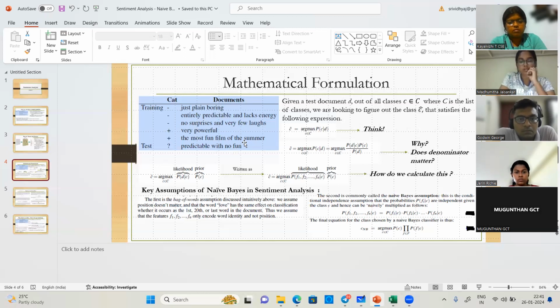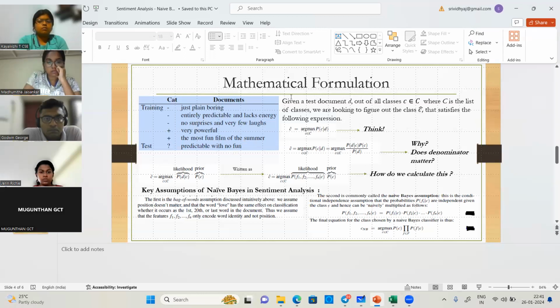I give you a document. In this case, the document is somebody's review. What is the algorithm supposed to do? The algorithm is supposed to determine the class, whether it's a positive class or a negative class in this case. Positive means it's positive sentiment, negative means it's negative sentiment here. All right. Now let's probe further. So I'm going to read this. Given a test document D, out of all classes,